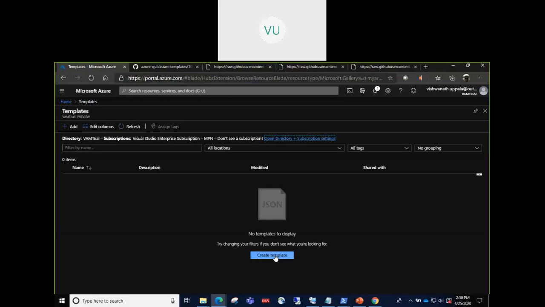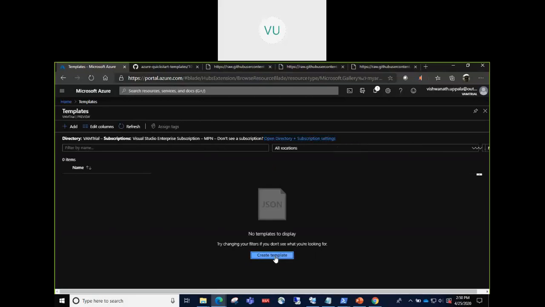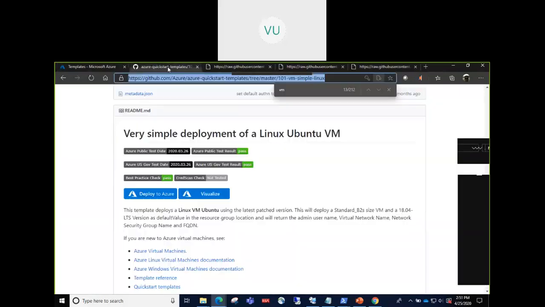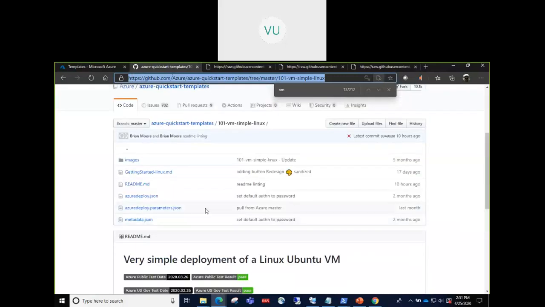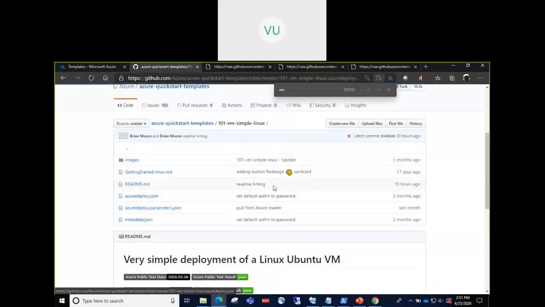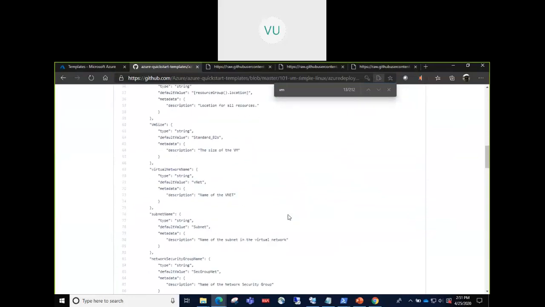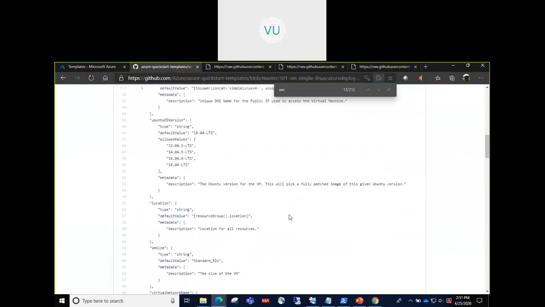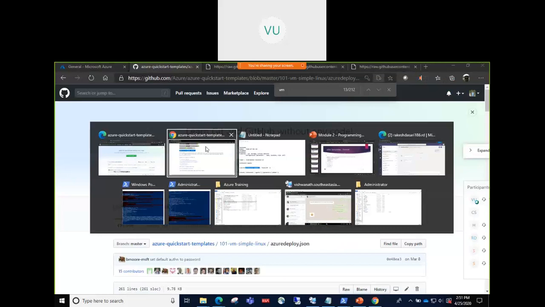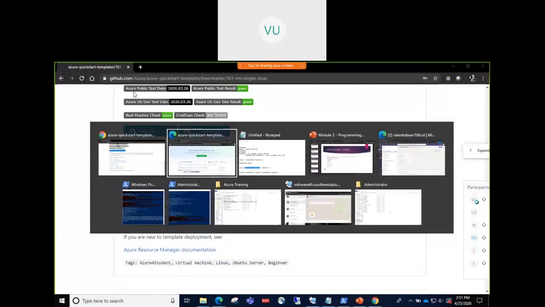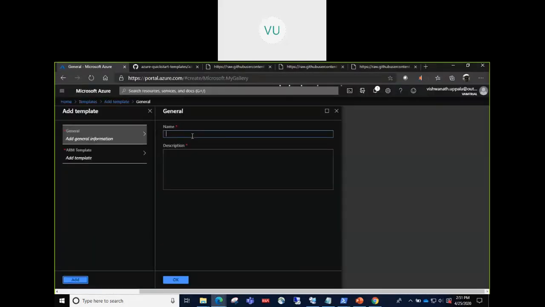I don't have any template right now, but I can go and create an ARM template. So if I just click on here, we will say create simple Linux VM, and the same thing we will copy here as a description, and then we'll add that ARM template here.